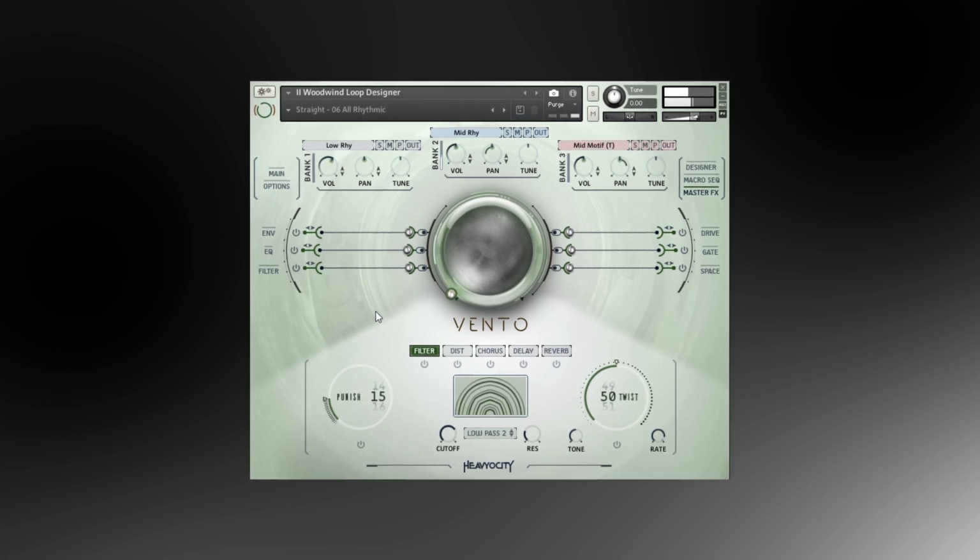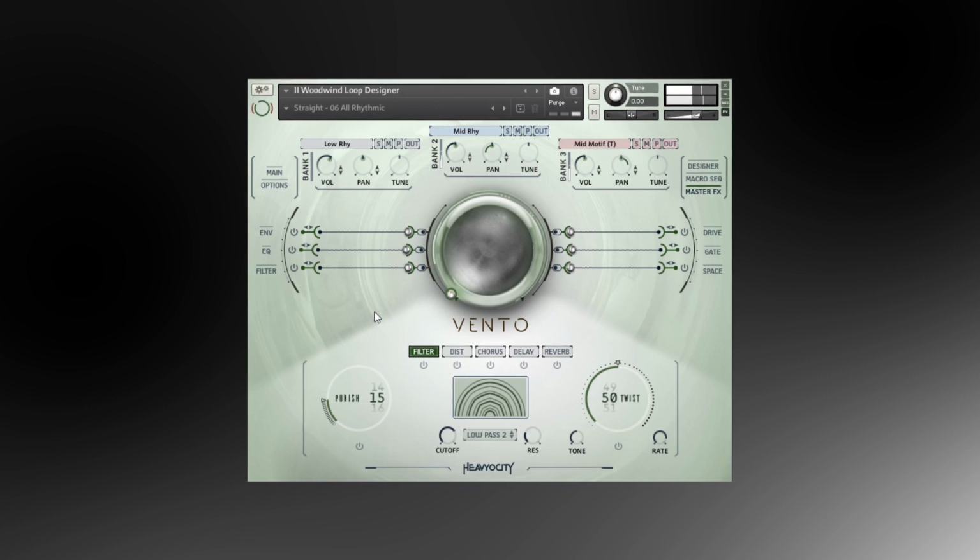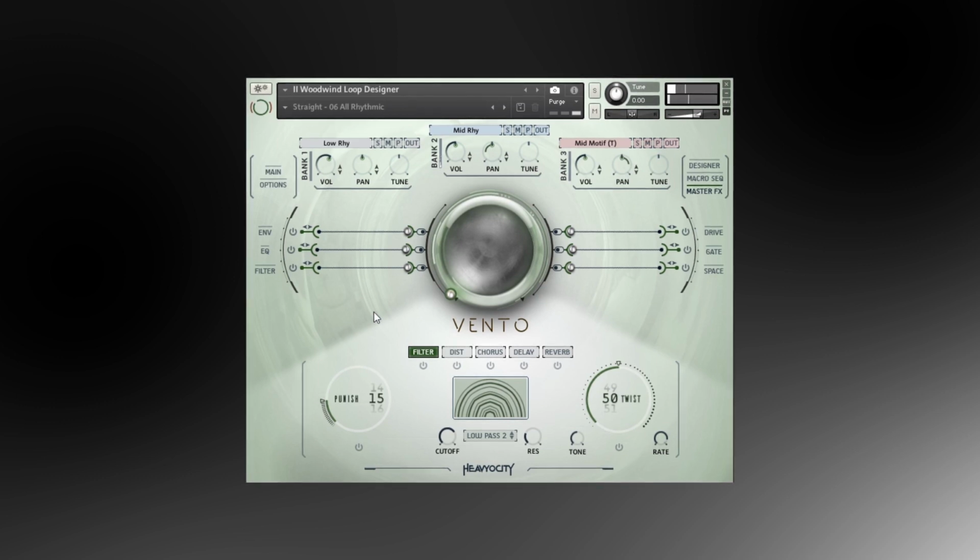This is essentially the same package as NOVO Modern Strings and FORZO Modern Brass. You've got all of the same elements, the same controls, the same modulation settings, effects, and so on, but this time it's woodwinds. It's got close to 30 gigabytes of sounds, over 11,000 samples, 163 articulations, 110 snapshot presets, 432